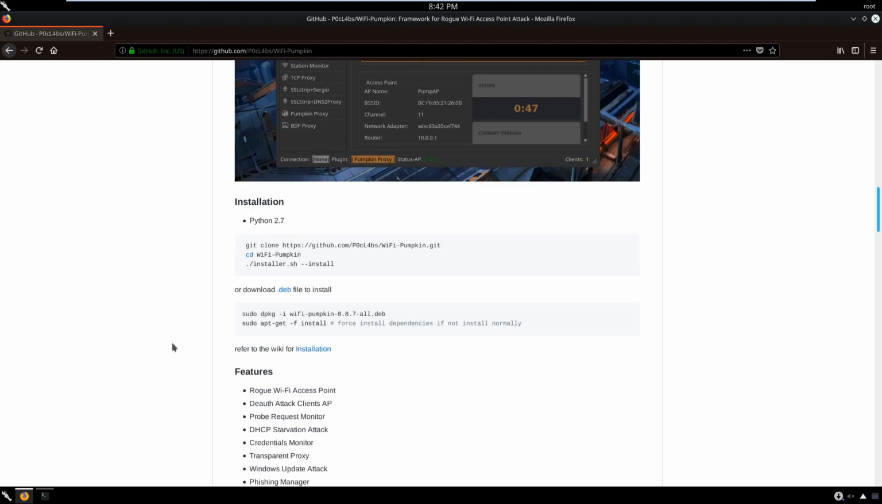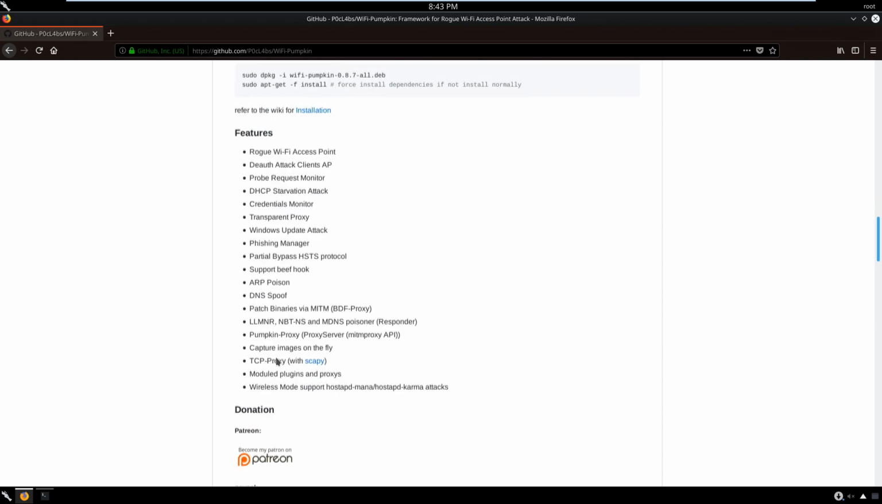So basically, whatever option you prefer, it really does not matter, it's always good to go. So we have features: rogue access point, DoS attacks, probe request, DHCP starvation attack, credential monitor, transparent proxy, Windows update attack, phishing manager, HSTS bypass. And HSTS is basically the newest security feature